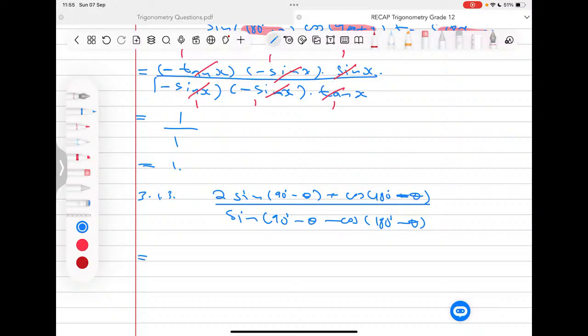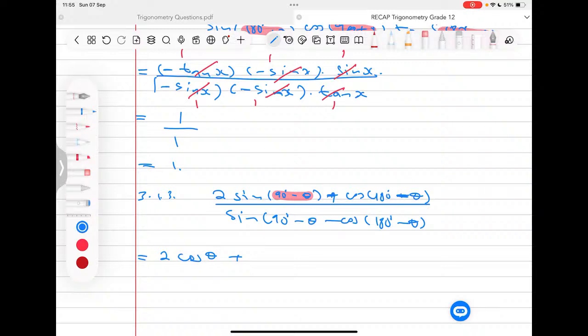So again, this one will require us to use the knowledge of reduction formulae as well. So if we look at this here, we know that that is the first quadrant, and this will change to its cofunction, right? Because when we're having 90 minus, this has to change to its cofunction. So this is going to be positive cos, because the cofunction of sine is a cos, right? And we're going to have it reduce to a cos of theta. Then I'm going to add here,